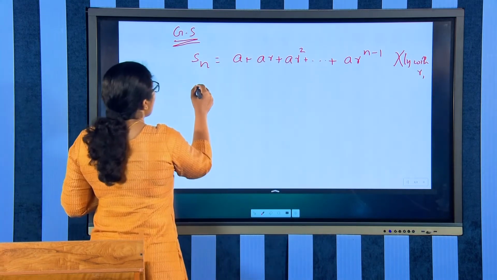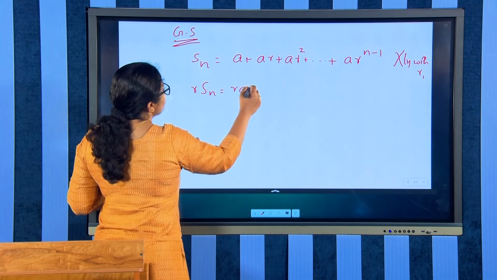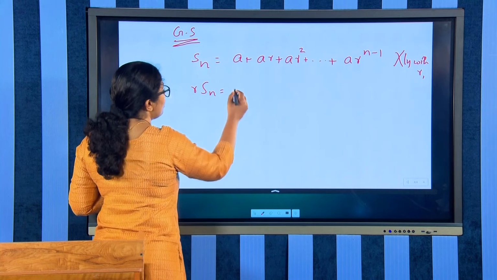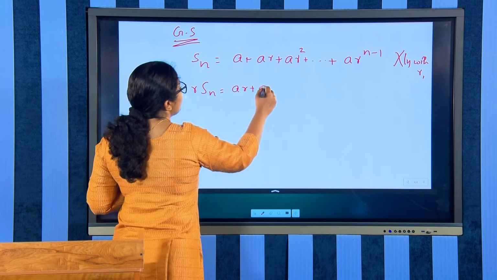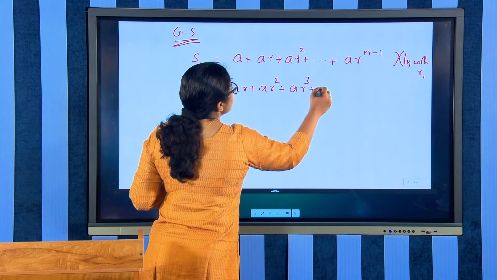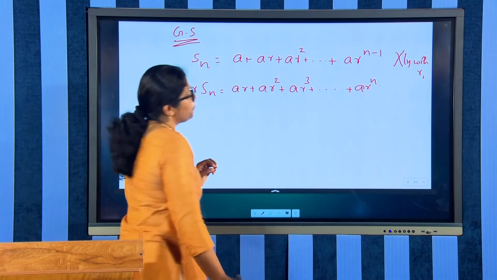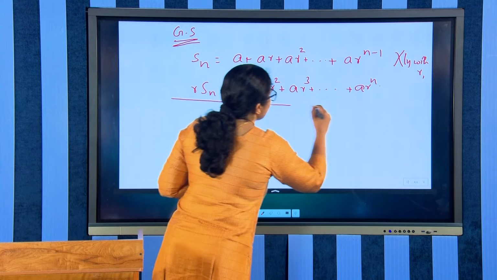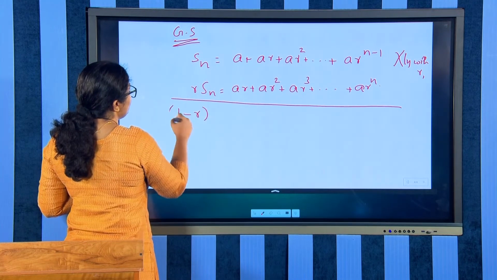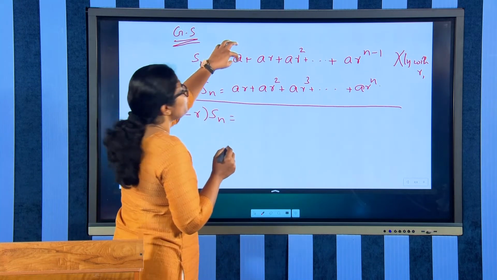We get R times Sn is equal to AR plus AR square plus AR cube plus etc. The last term will be AR power n. So subtracting these two, we will be getting (1 minus R) into Sn is equal to, this A won't get cancelled,